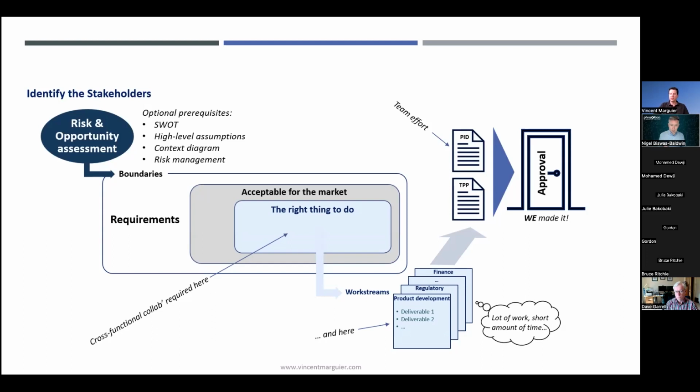Context diagram to visualize key elements, assumptions, and their dependencies to help define the impact if one of these elements is at risk. The risk and opportunity assessment can start, the team fully into that risk mindset, which in turn will help generate mitigation strategies that will eventually lead to requirements.